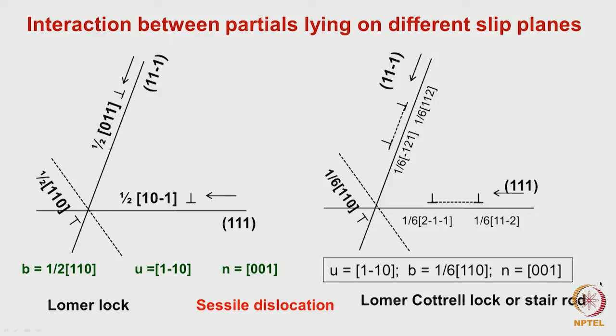Okay. In such a case, the friction stress is very high. So this dislocation is a sessile dislocation. This sort of lock is called the Lomer-Cottrell lock. There is another name also being used, which is called a stair rod dislocation. Why it is called a stair rod is